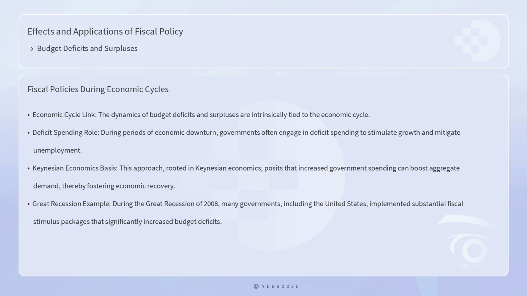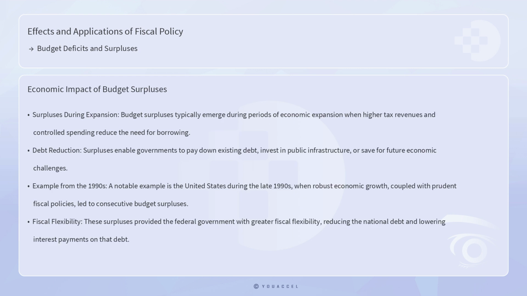preventing a deeper recession. On the other hand, budget surpluses typically emerge during periods of economic expansion when higher tax revenues and controlled spending reduce the need for borrowing. Surpluses enable governments to pay down existing debt, invest in public infrastructure, or save for future economic challenges. A notable example is the United States during the late 1990s, when robust economic growth, coupled with prudent fiscal policies, led to consecutive budget surpluses. These surpluses provided the federal government with greater fiscal flexibility, reducing the national debt and lowering interest payments on that